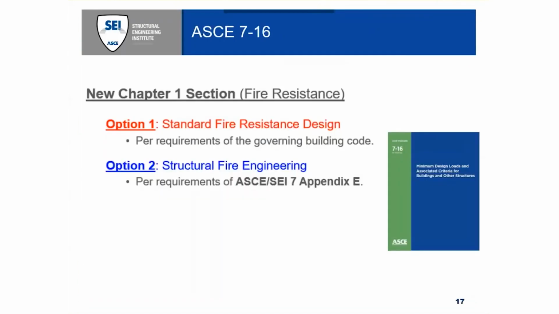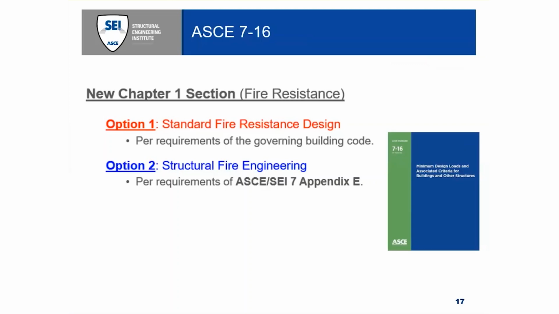So as you're all aware, ASCE 7 serves as the parent standard for structural engineering in the IBC. And I'm sure you're aware it's on a 6-year revision cycle, and we're gearing up for the 2022 edition of ASCE 7. The current edition, if you're not aware, has a new Chapter 1 section, which is meant to commence a new standard of care for structural fire protection. And it's actually the first time that fire resistance has ever been acknowledged in this standard.